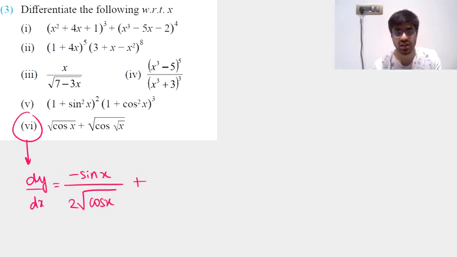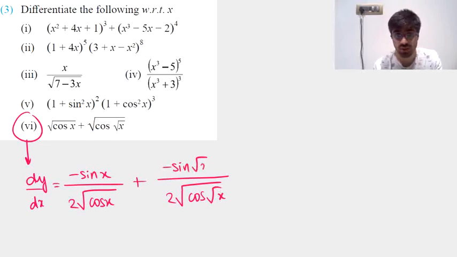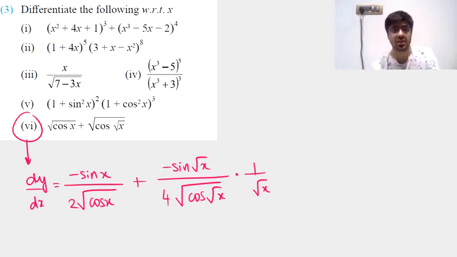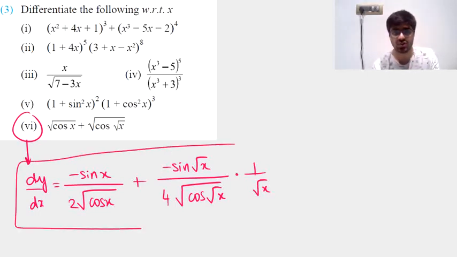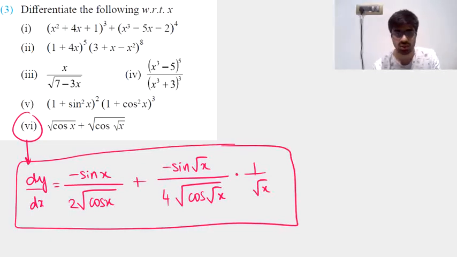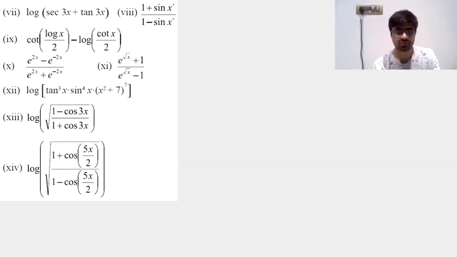Plus the derivative of the second term. Let's write that directly. So 1 upon 2 root cos root x into minus of sine root x into there will be a further 1 upon 2 root x. So you can combine this 2 and 2 and write it as 4 in the denominator. And yeah, this should be the final expression of dy by dx for this question. You can actually eliminate this minus from here, write a minus here, and now it looks more appropriate.